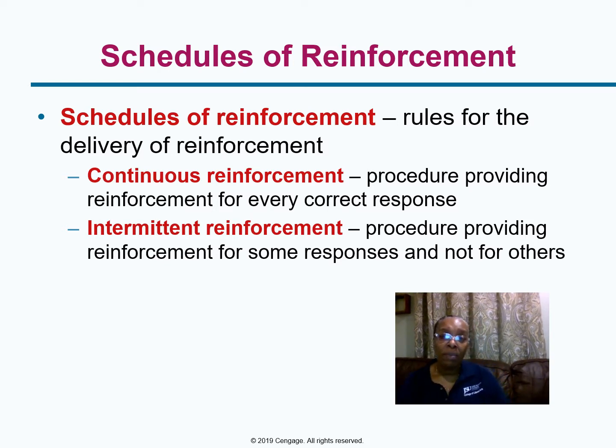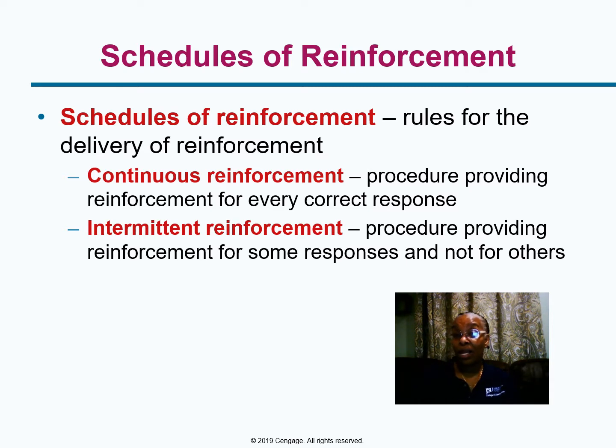When we're talking about intermittent reinforcement, you can think about paychecks. It's not going to come every day, but the expectation is hopefully at least every 2 weeks or every month, depending on your pay schedule. It's providing reinforcement for some responses and not for others. So you might get a bonus. We can think of that as intermittent reinforcement. With the continuous, we know we're going to be paid every 2 weeks. The intermittent is that you may get a bonus if you perform well, and you may not.